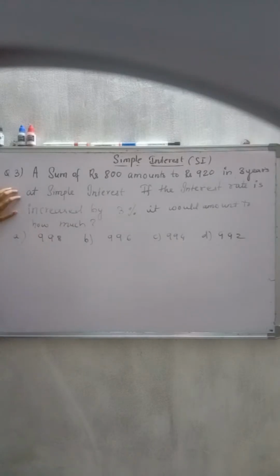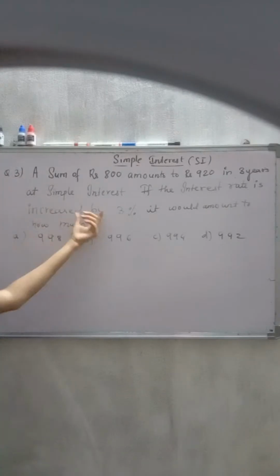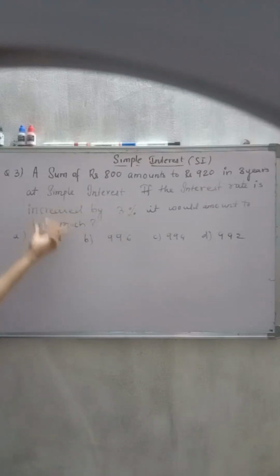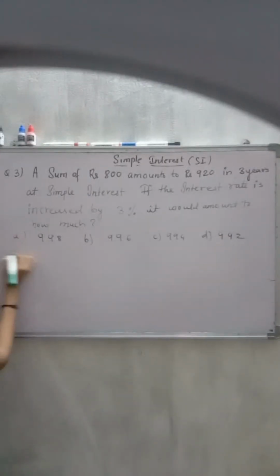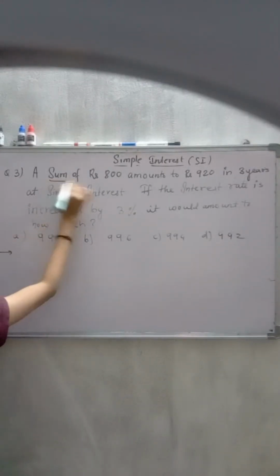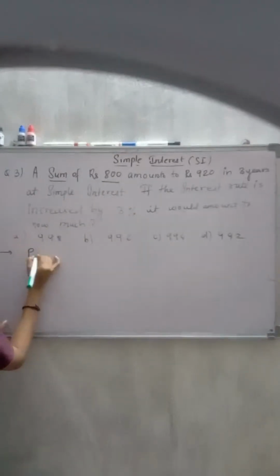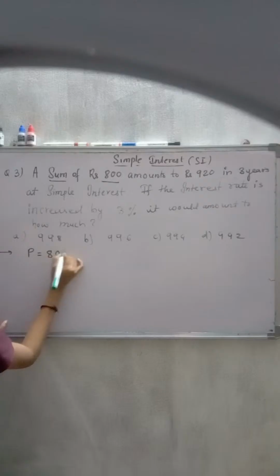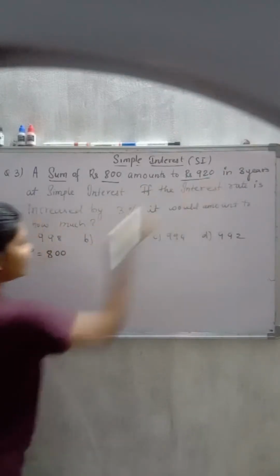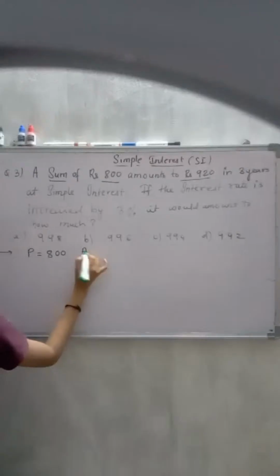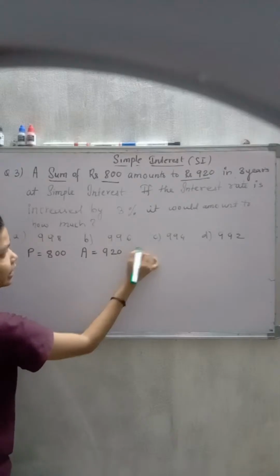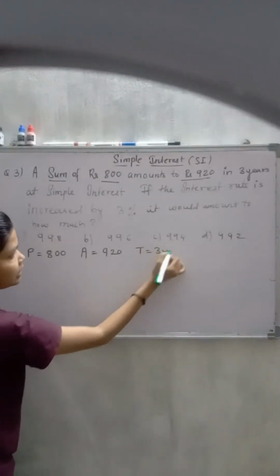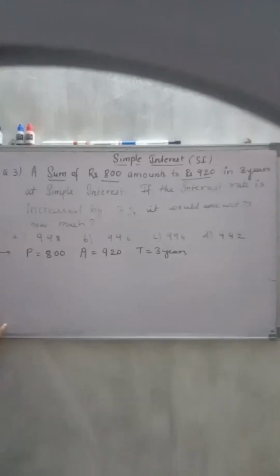First of all, we will find the rate of interest of this amount, and then we will add 3% to that to get the new rate of interest, and we will find the amount. Okay, so sum means the principal amount. Principal is given as 800, amounts to 920, that means it is the value of amount. We will denote it by A, 920, in 3 years, that means time period is given as 3 years at